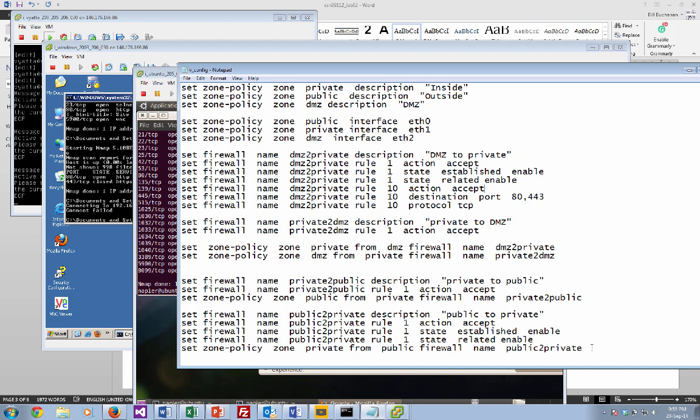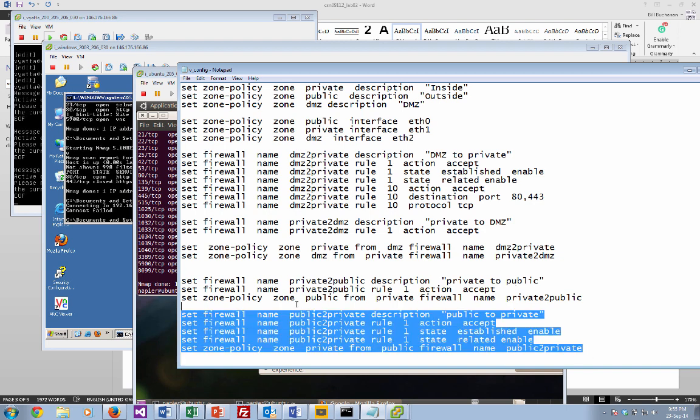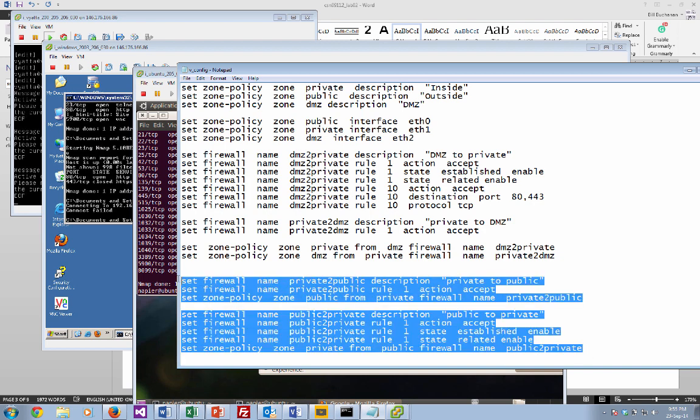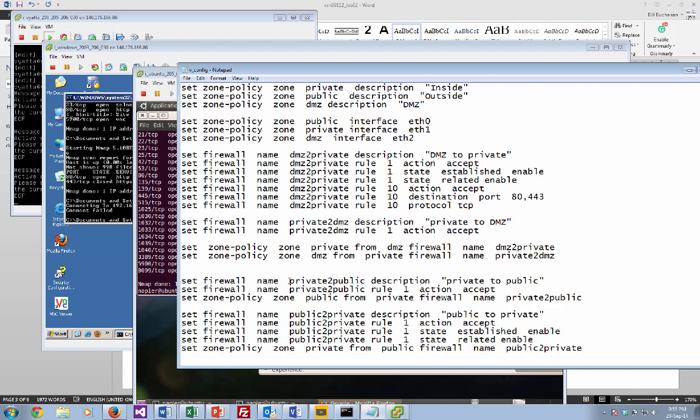Okay, so that showed you a very basic overview of how we can set up our firewall, set up all the rules and so on. So we can go ahead and do the same thing over here to allow the DMZ to be able to communicate with the public network and so on. Just do the same kind of thing, and then that will allow us to get the whole thing up and